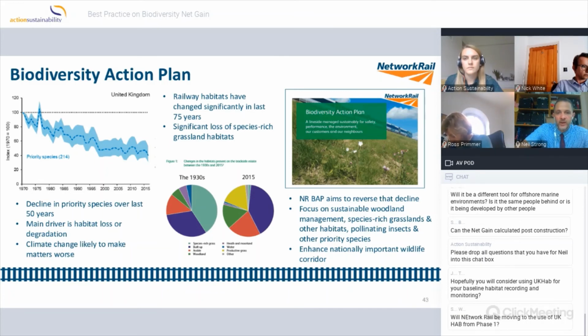We have a number of different types of habitat across the railway. We've obviously got a lot of woodland, but there are opportunities for having those species-rich grasslands that are in decline, and that we can manage on our side of the fence, with less disturbance potentially. There's no public access on our side of the fence, so there's less disturbance, and if managed correctly, we can potentially manage it more efficiently than we can with the woodland habitat, but also making sure that we can retain that woodland habitat in places where it's safe to do so.